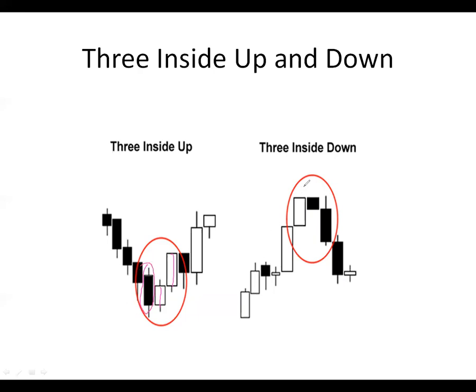Look at the 3 inside down. This is a bullish candle. The first one is bearish. The second candle comes bearish and then it goes beyond the last bullish candle. Do you see that? First bullish candle, the second bullish candle goes beyond the last bearish candle. The last bullish candle is here, first bearish candle. The second bearish candle goes beyond the last